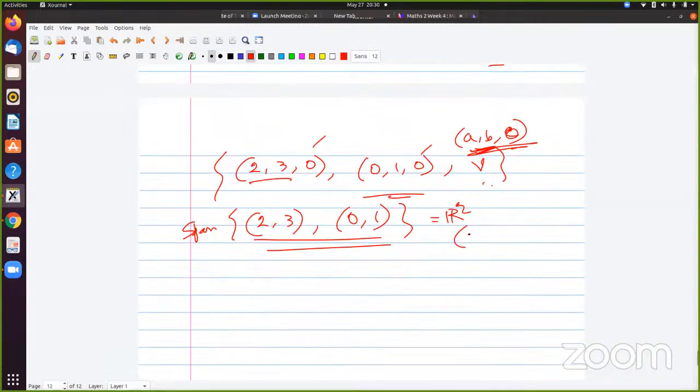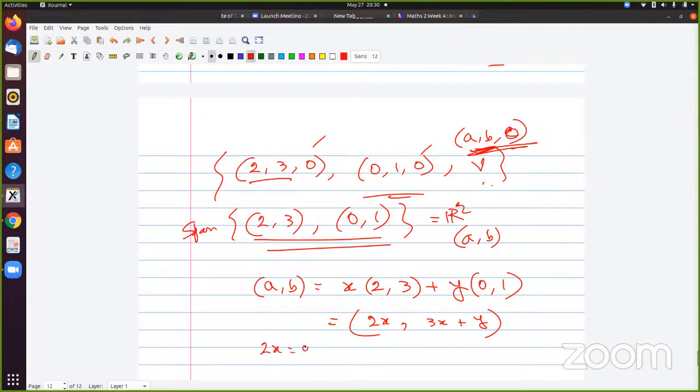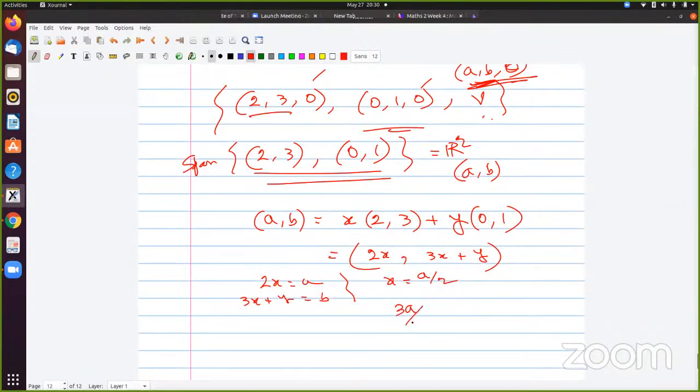वो सॉल्व करो, इसको x, y ले लो या फिर a, b ले लो। अभी सॉल्व करो ना। ठीक है, तो 2x इक्वल टू a और 3x प्लस y इक्वल टू b, तुम्हें सोल्यूशन मिलेगा ना? हाँ यस यस। हाँ, तो y इक्वल टू b माइनस 3a/2, ठीक है। ओके सर।